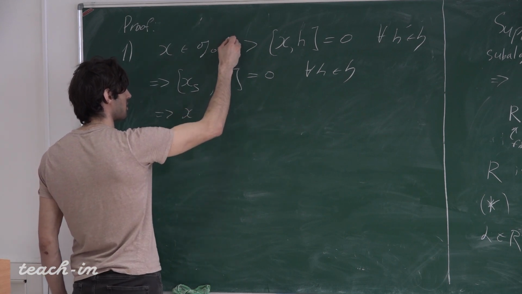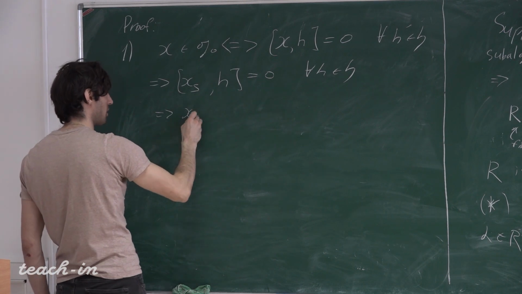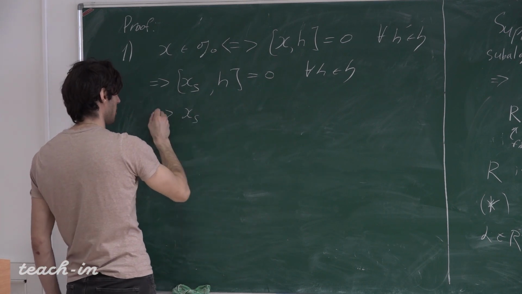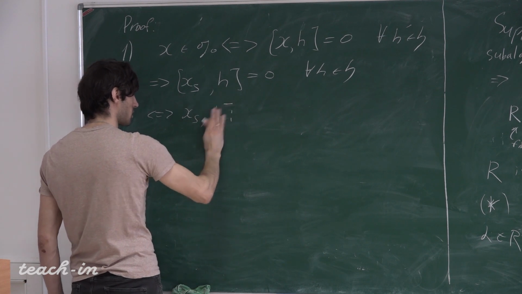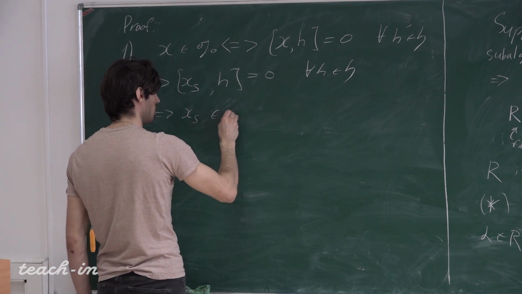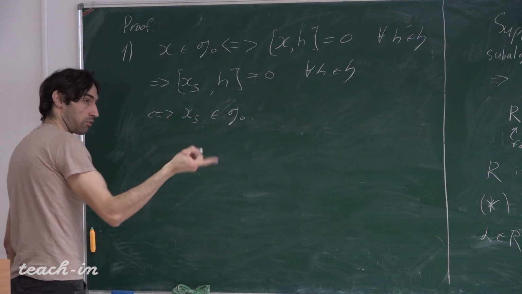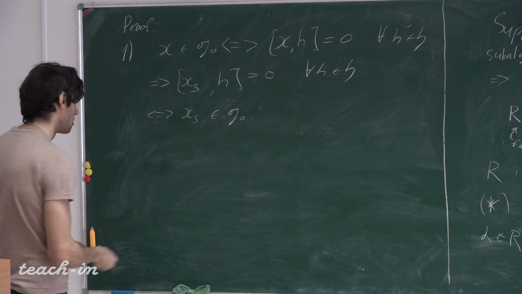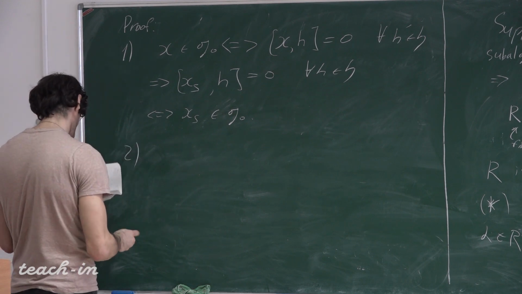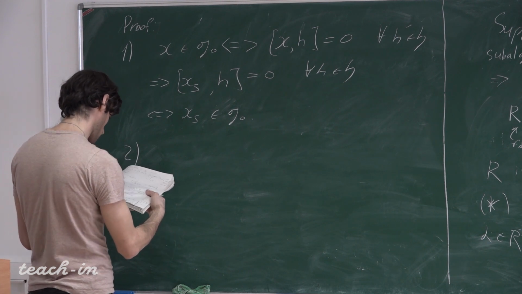So therefore, I have [xs, h] is 0, and xs is from G0. That's it. And therefore, xn, as the difference of x and xs, is also from G0. So to prove 2, let me consider the following form